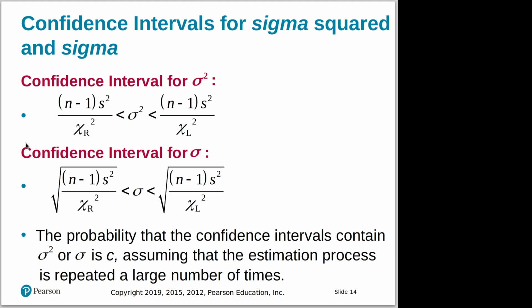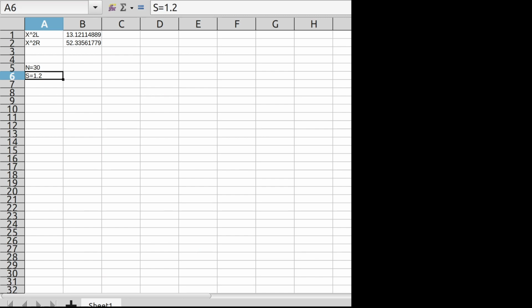So I'm going to show you how to do that, locking the cells in place. So the lower bound, the lower limit, well, the formula says that my standard deviation is trapped between